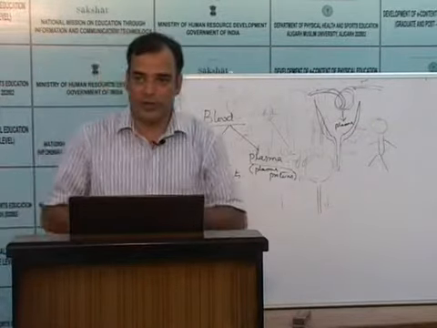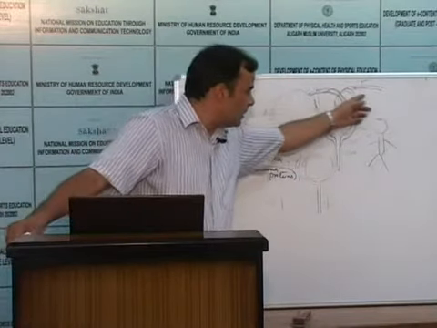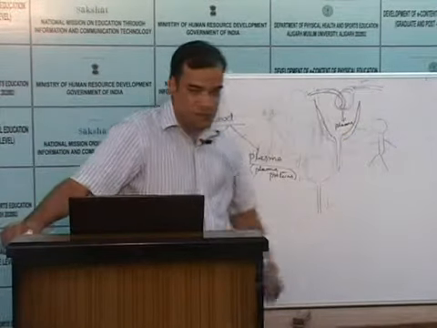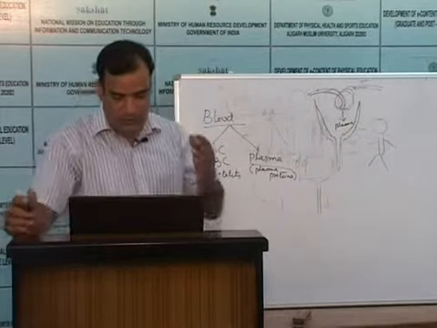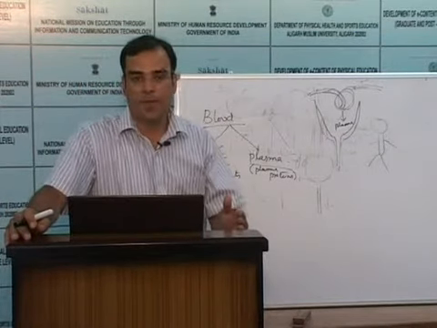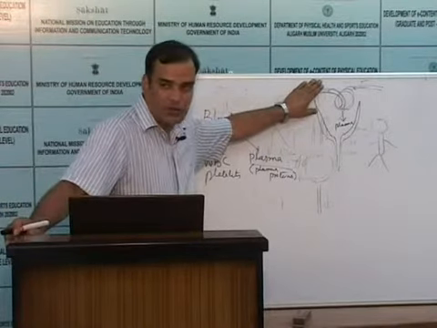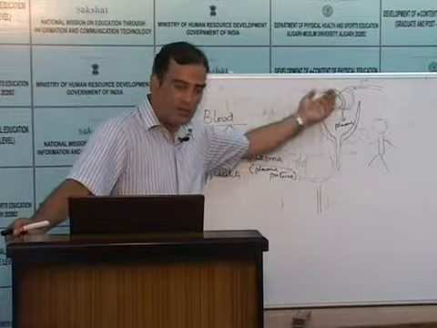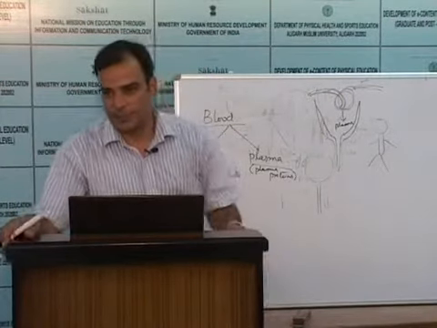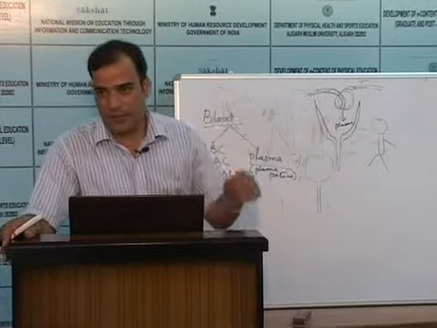These outgoing capillaries are called efferent arterioles, and the arterioles that take blood into the glomerulus are called afferent arterioles. So the sympathetic stimulation, especially the strong sympathetic stimulation, has a pronounced effect on the efferent arterioles, meaning those arterioles from which the blood is coming out of the glomerulus. Now constriction of this efferent arteriole